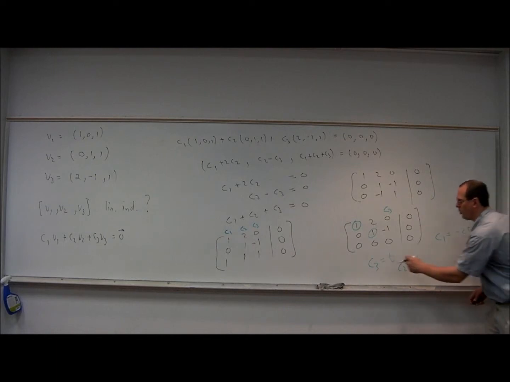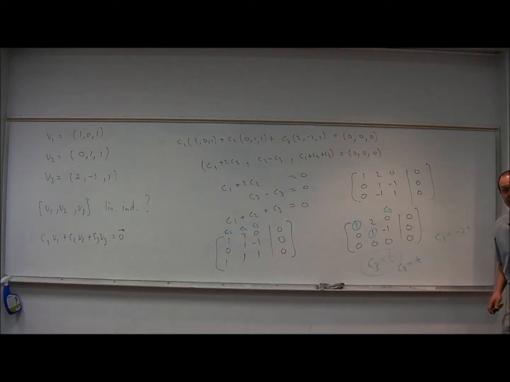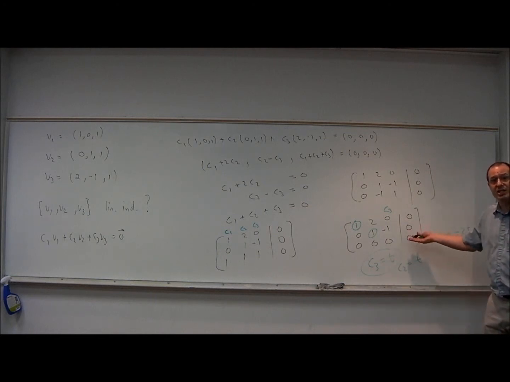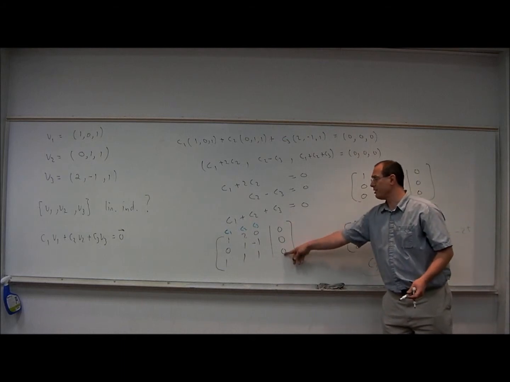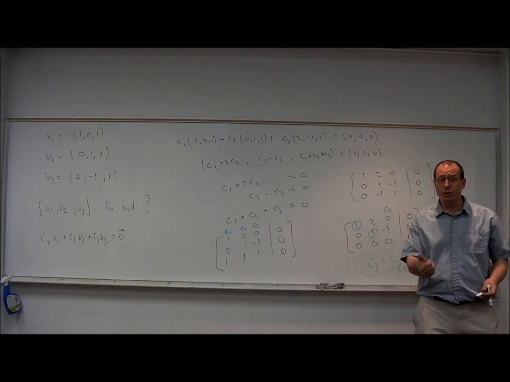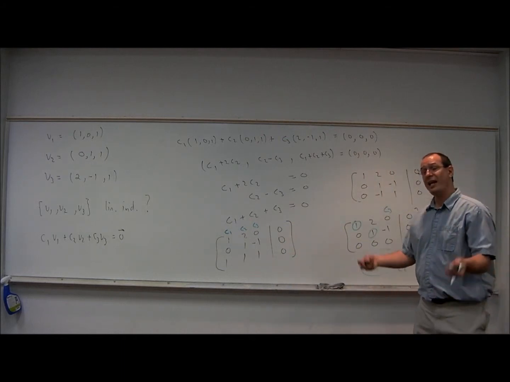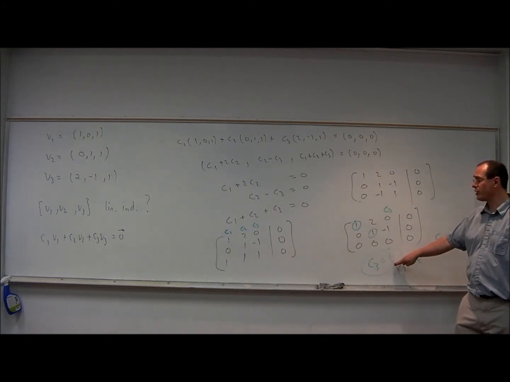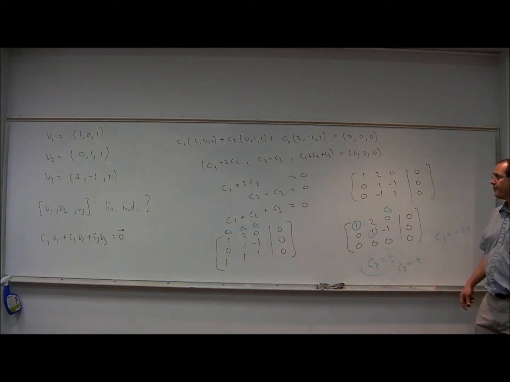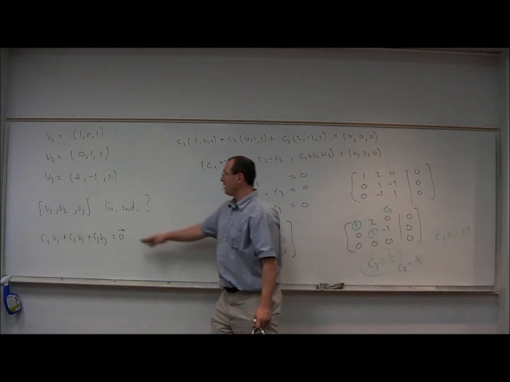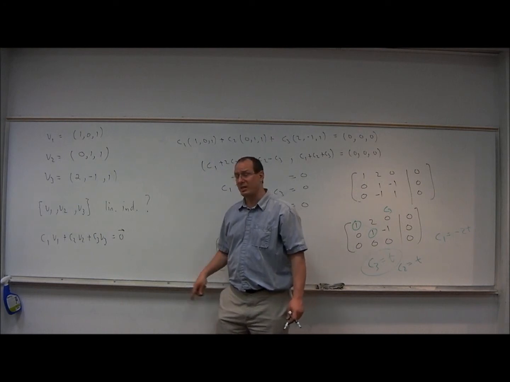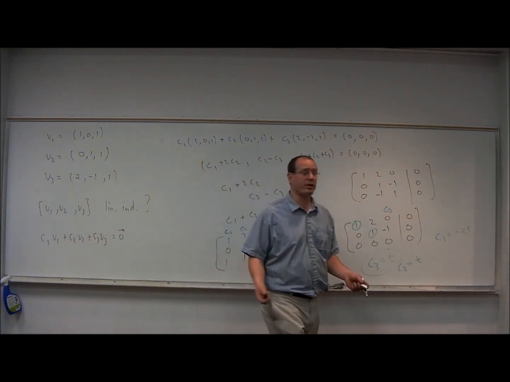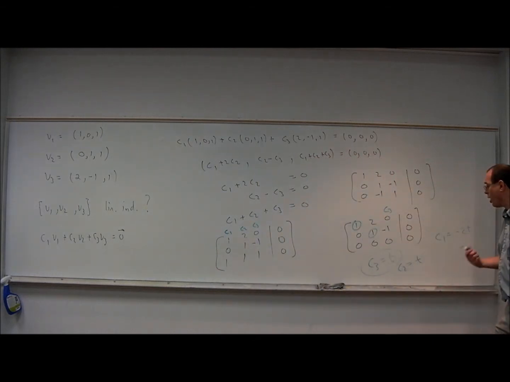The important thing is that once we see that C3 is equal to T, then there are infinitely many solutions to this system. The homogeneous system here has either one solution, the trivial solution, or infinitely many solutions where the parameter comes in. So here we have a situation where there are infinitely many solutions, and so therefore these three vectors are not linearly independent. There is a non-trivial solution to this equation. Let's just write down one of them. If t is equal to 1,